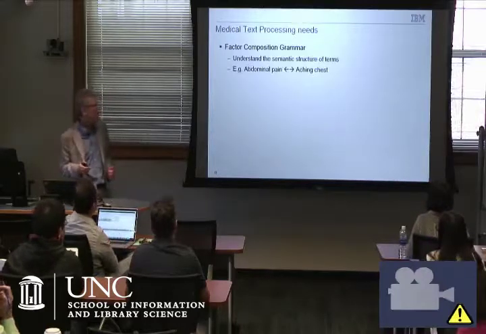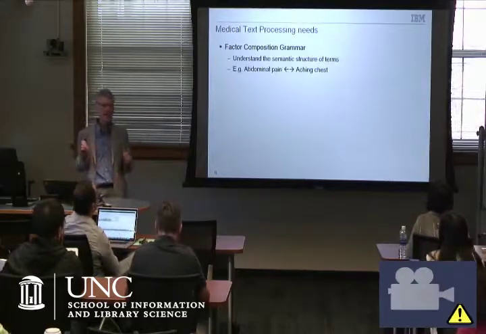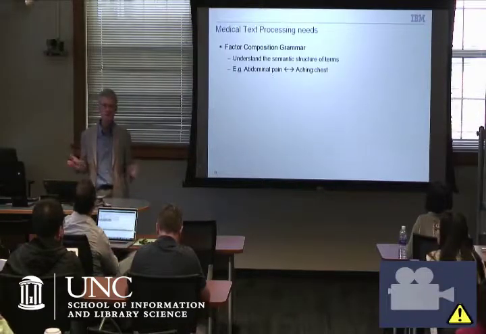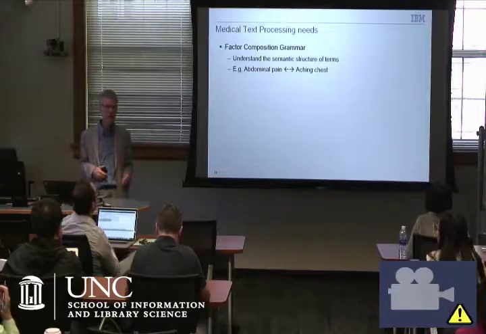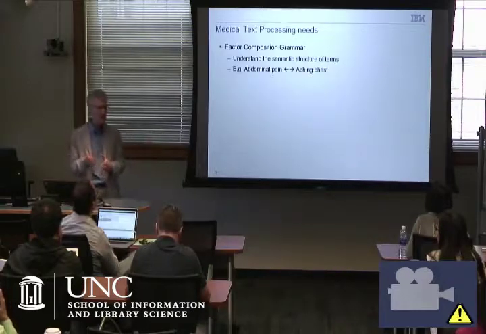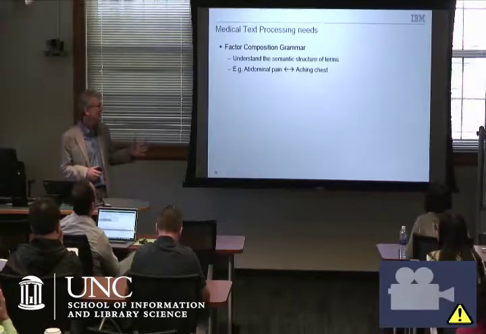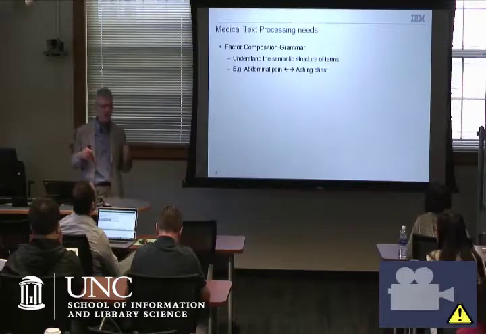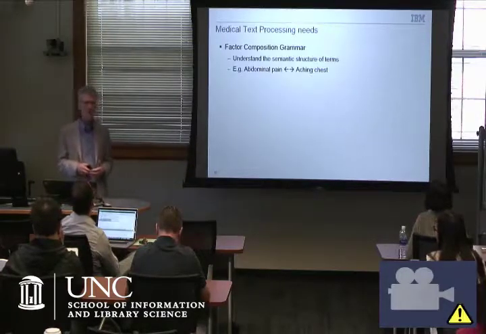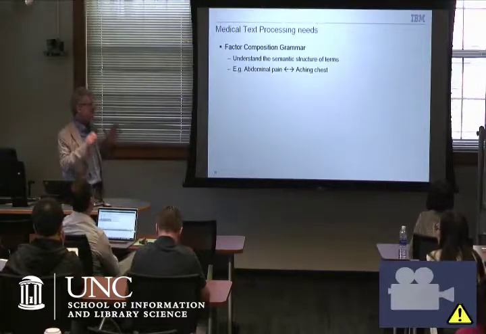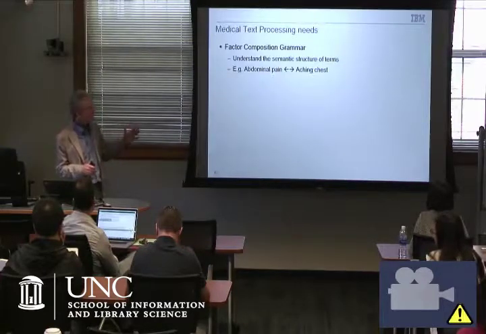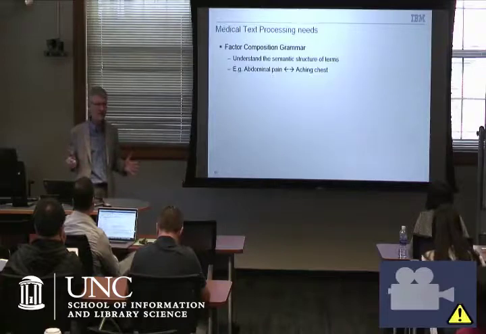So here's an example: abdominal pain, aching chest. They're not exactly the same, but they're very close to each other. You'd want to give a good match. How would you get a system to do that? Okay, if you don't have a dictionary that says they correspond to the same concept. If you look at it, the adjectives don't match up with each other. The adjectives are abdominal and aching. They're not the same. The nouns are pain and chest. They're not the same. So you need some more informed way of doing the matching than just trying simple part of speech matching. Doing an every word to every word would work in this case, but not if you've got long sentences. Then it would just explode.